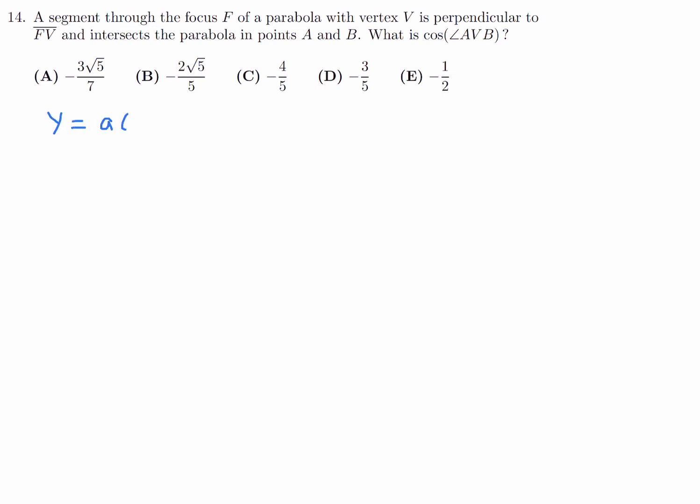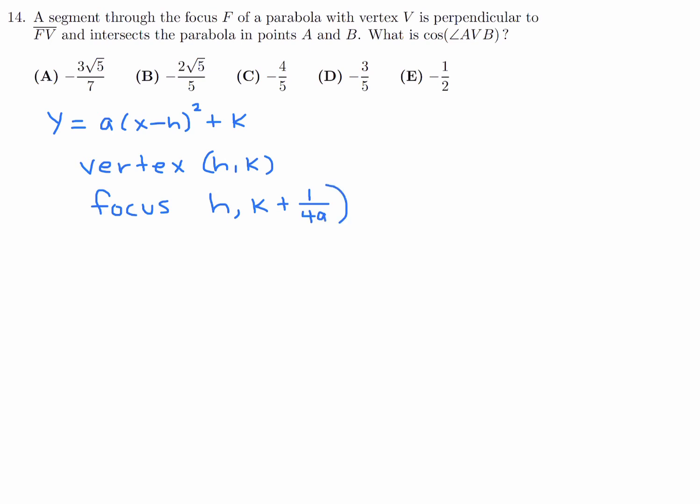If you have a graph of this form, y is equal to a(x minus h) squared plus k, the vertex is easily calculated as (h, k). And the focus, which is a little lesser known to students, is (h, k plus 1 over 4a). So, for example, if you've got some graph here, and we'll make this straightforward to understand, and we've got some parabola, let's say it goes like this,